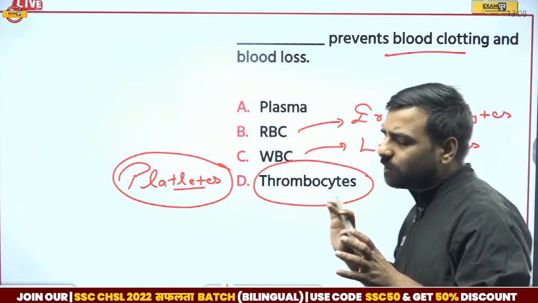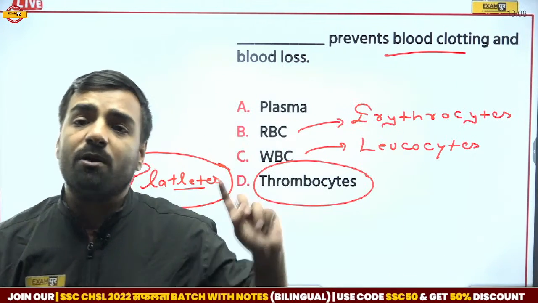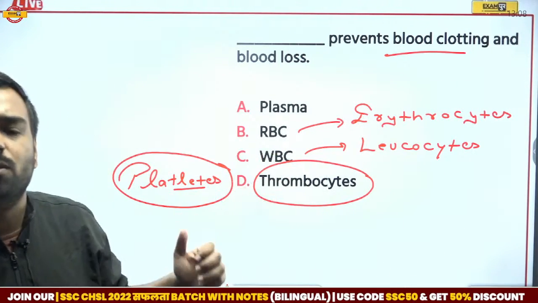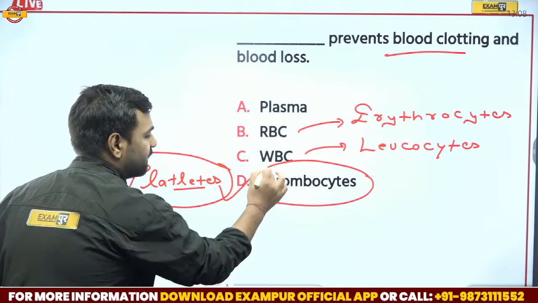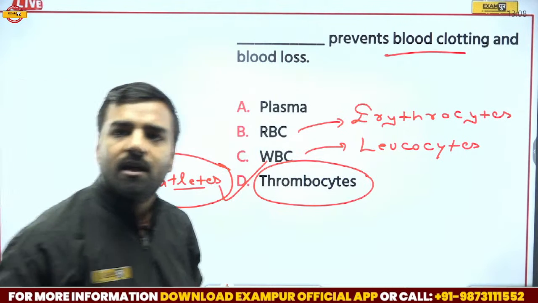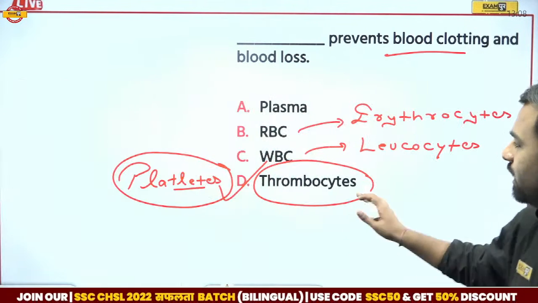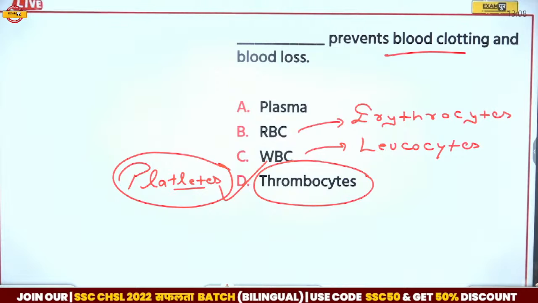So apart from the platelets, we can talk about vitamin K as well, and also the prothrombin, which is present in the plasma part. So yes, if I go with these options, option number D is going to be the correct answer. I guess you got this point. So here, the correct answer is going to be option number D.